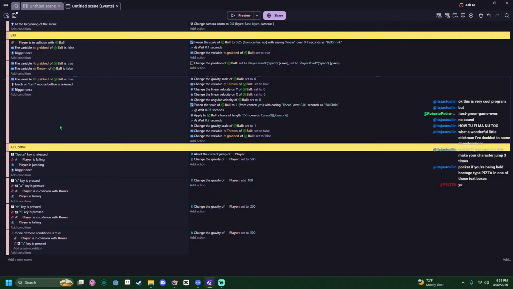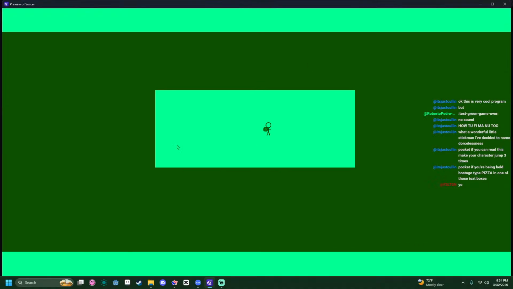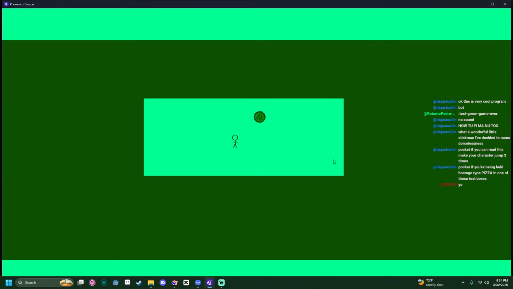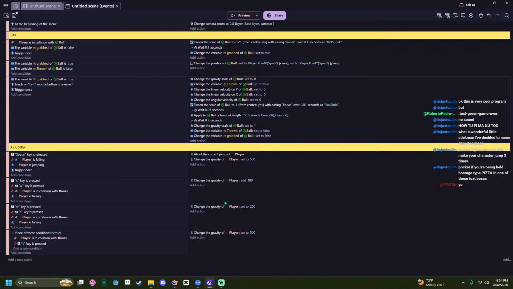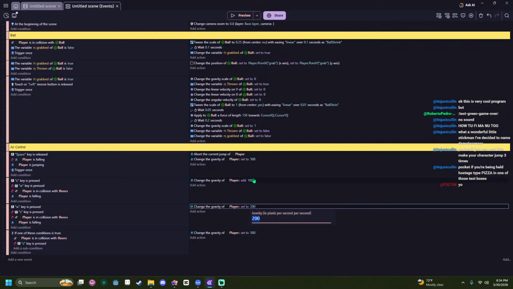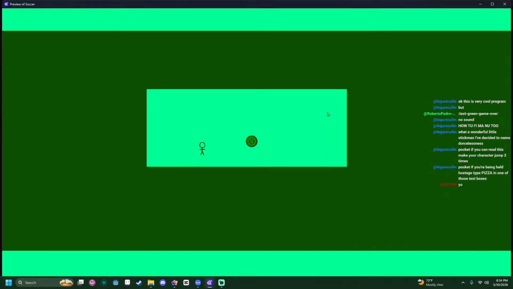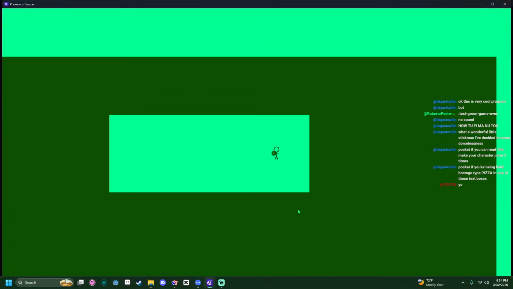Always breaks. What up, Felton? Okay, so we got the ball controls working now. I'm actually going to increase the speed of this, so we can fall even faster. There we go.